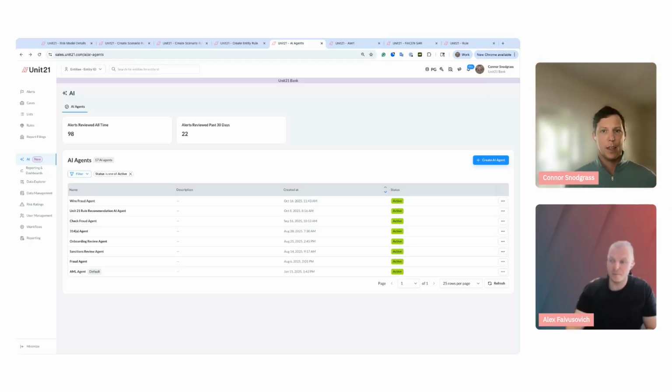We have over 150,000 alerts reviewed so far across more than 100 customers. And the results have been pretty startling. On average, we're seeing reductions in average handle time in the 70 to 80% range. So it is really freeing up an enormous amount of time for our customers to focus on the investigations that are most important to them, rather than spending lots of time doing manual data collection and building justifications for obvious